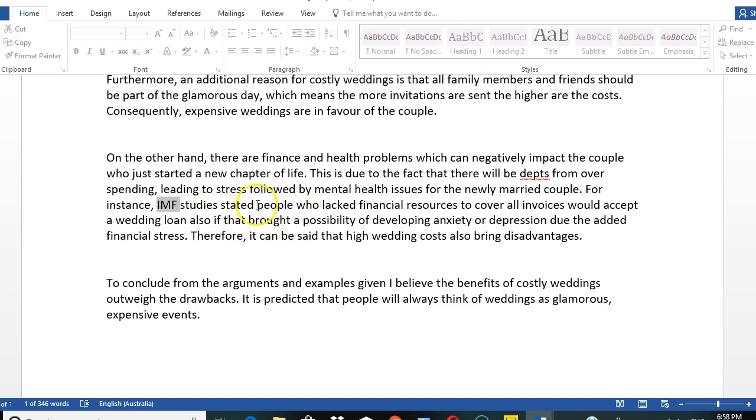Stated that people who lacked financial resources to cover all invoices would accept a wedding loan, also if that brought the possibility of developing anxiety or depression due to the added financial stress. I'm not sure what you mean here. People who lacked financial resources to cover all invoices. What invoices? Which ones? Because this is very general and very ambiguous. Would accept a wedding loan. Also,